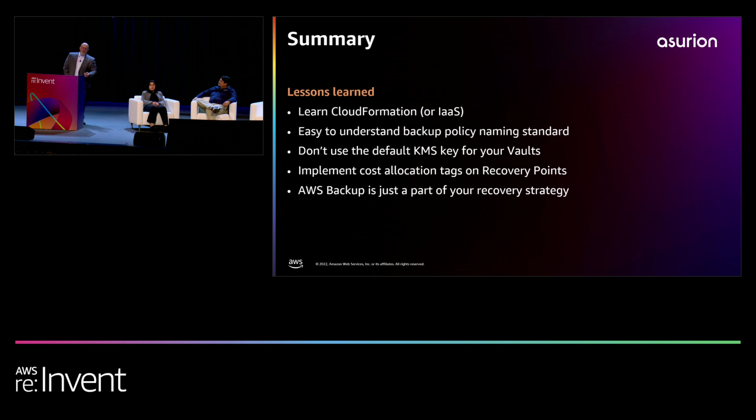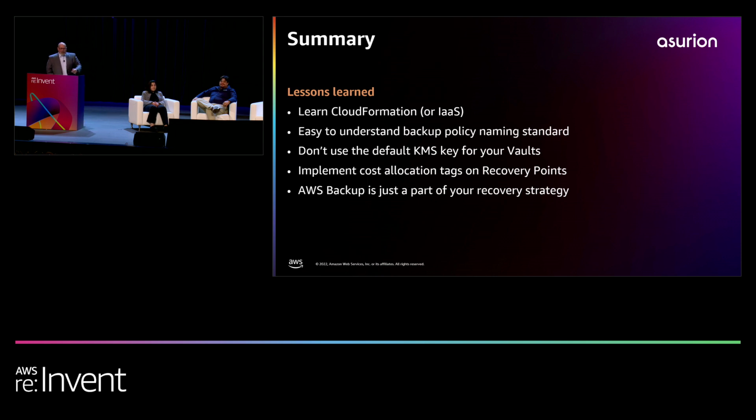Because I think with KMS, that is what's going to define your true air gap. So if I've got a production resource, it's using its own custom key in a production account, and now I want to move it into or copy a backup into that Bitbunker account, not only am I moving it into an isolated account for that air gap, but now I'm using a separate KMS key. So even if that production KMS key gets compromised, I'm still able to recover the data over here. That was really big for us.